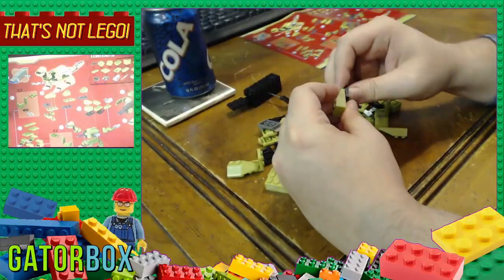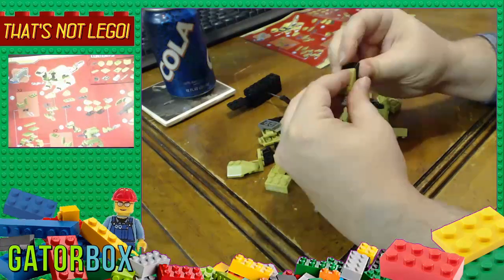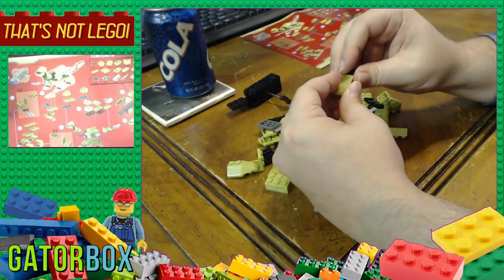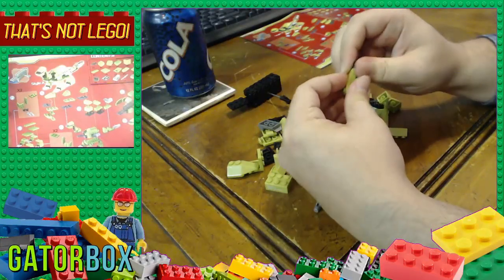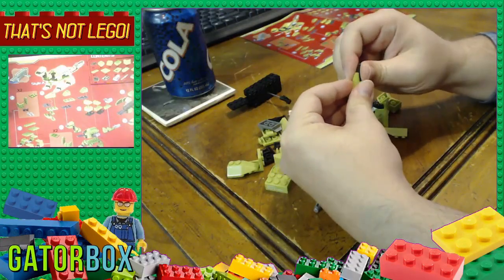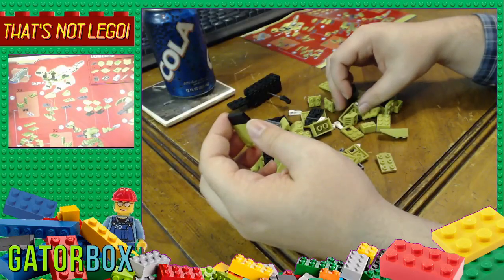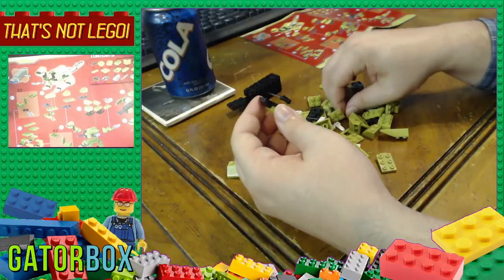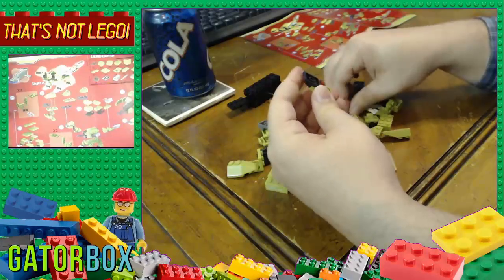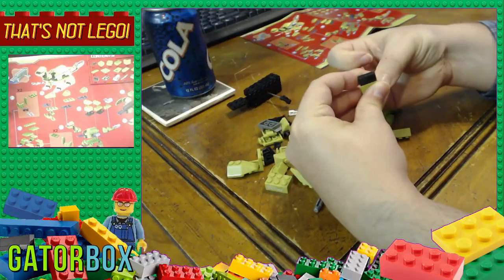Then we need to put... Ooh, these pieces, those studs are not very grippy. They don't seem to want to hold together very well. These pieces very easily come apart. A couple of red dots for the eyes. The usual...